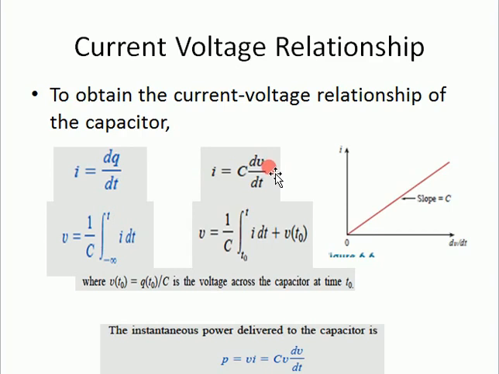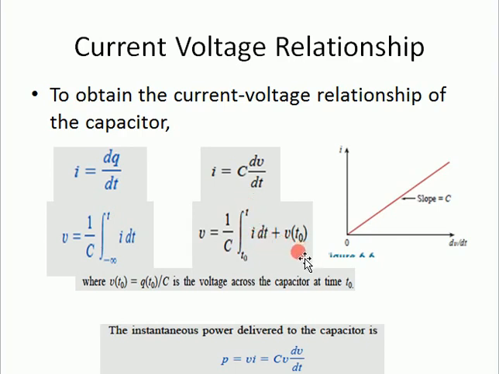Now in order to find the value of V, dV over dt is equal to I over C, or 1 over C into I. From this we have to find out the value of V. So we have to remove this derivative, and when we want to remove the derivative, we take the integration. So this equation becomes V is equal to 1 over C integration from minus infinity to t of I dt, or you may write it as V is equal to 1 over C integration from t naught to t of I dt plus V t naught.